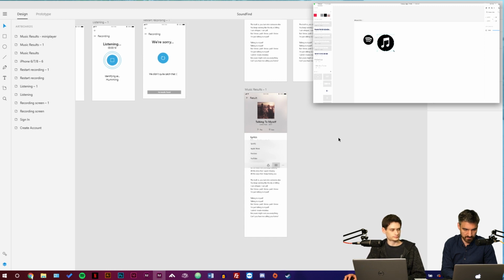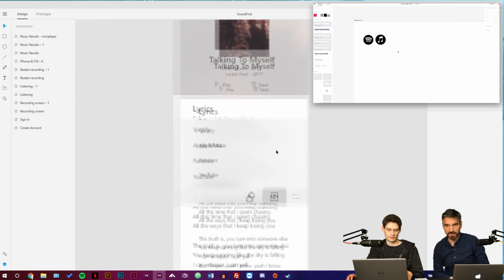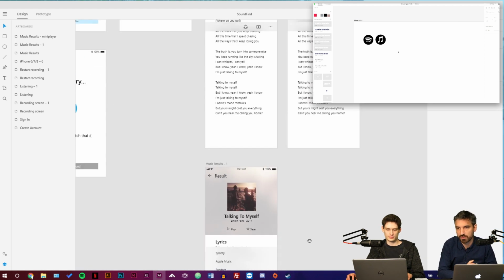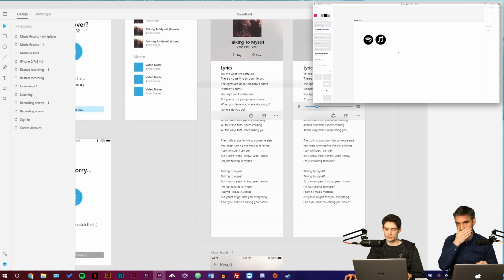Okay, so now we have Apple Music. Sweet. It's coming. What are you working on? It's a collaborative workflow. So I just finished with the